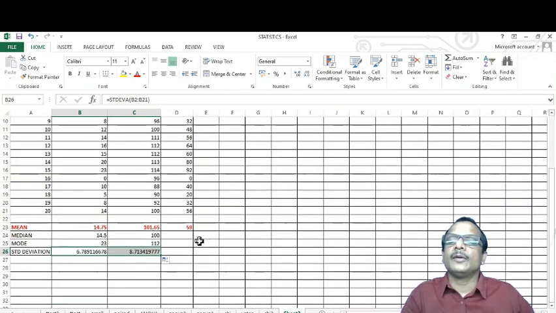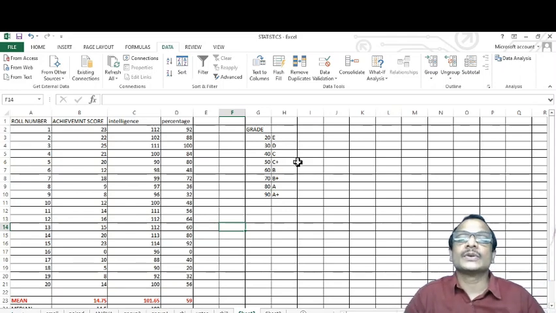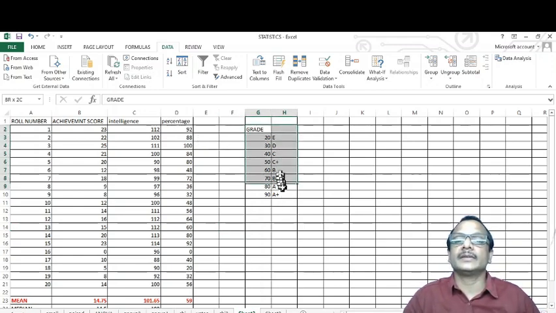Now if you wish to convert this percentage into grades, there is an automatic way in Excel. For that purpose we have to create a table like this. In this table we type 20, 30, 40, 50, that is the percentages, and we give the corresponding grades on the right side. For example, for 90, A plus.